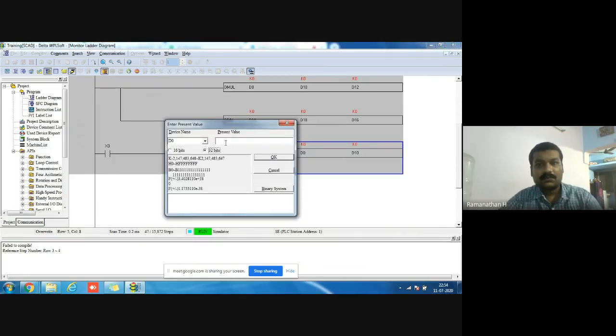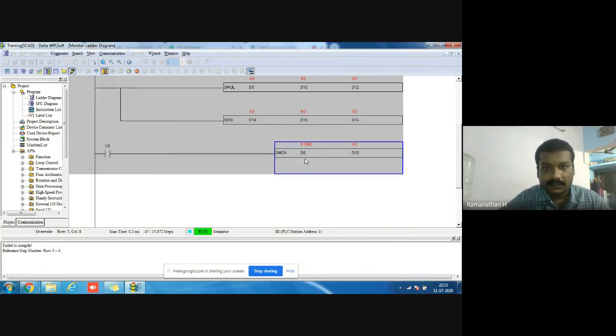I move the source value to another register. Here this is the source, this is the destination.